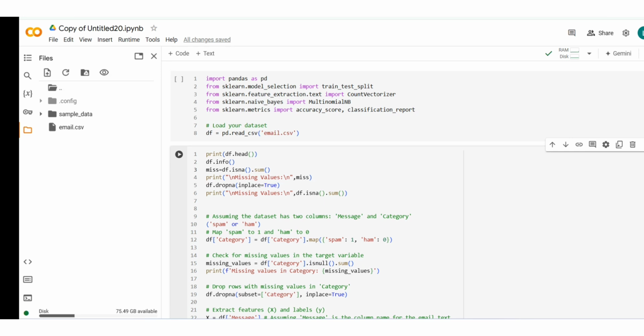The aim of this project is to improve email filtering and reduce the impact of spam on users. The objective of this model is to build a spam detection model. Develop a machine learning model to distinguish between spam and ham emails and automate email classification, automate the process of sorting spam from legitimate emails,